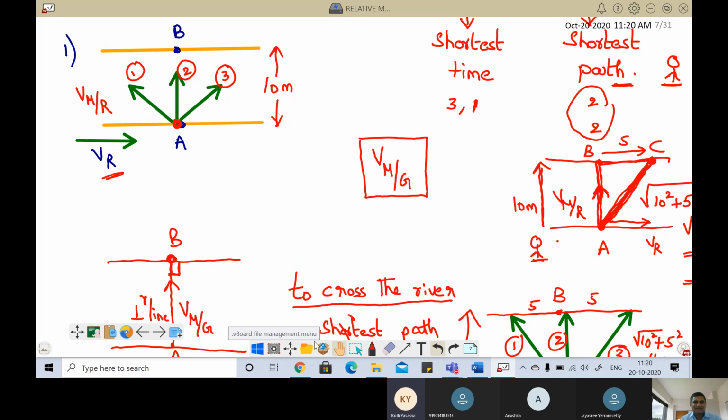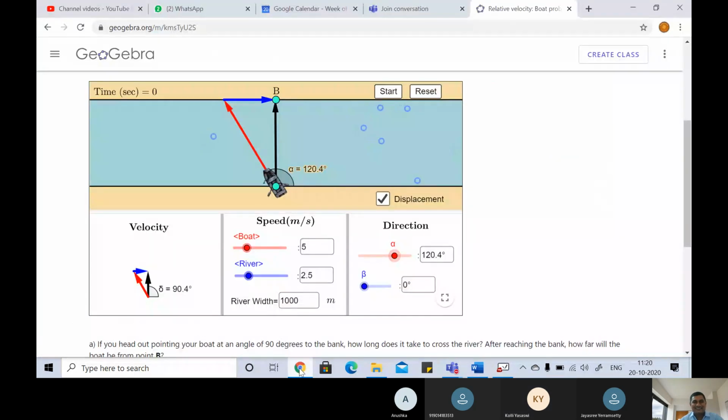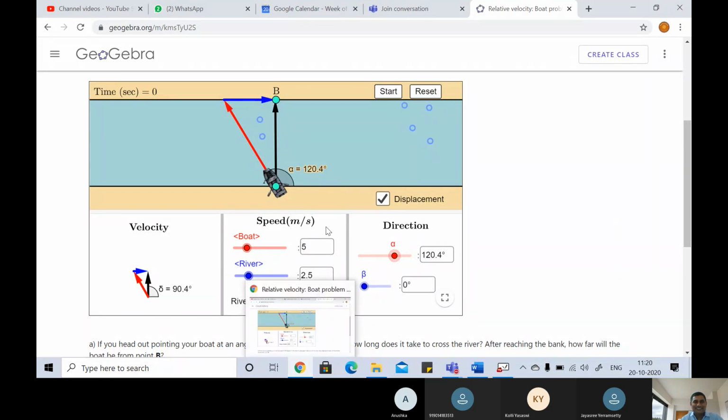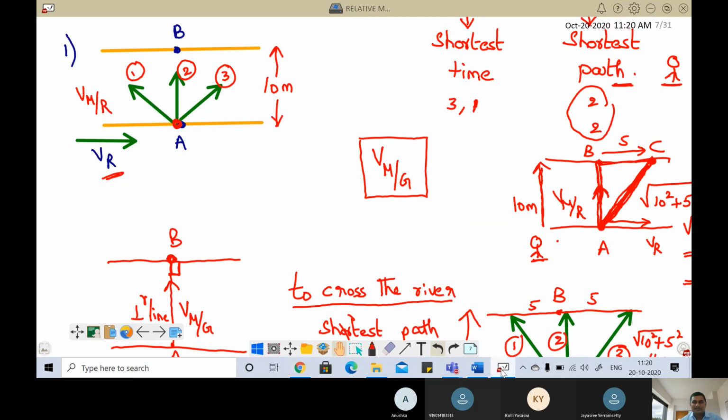Sir, I still feel it is the second one. Okay. So 3 students, 3 paths. One more student is there. Let us see. First, we'll go with Anushka. Sir, it's the second one. Second one, na, Jayashree? Yes, sir. Bhavya and Jayashree, second one. Third one is Anushka, and first one is Bhavya Shastri. So let us go in that order.